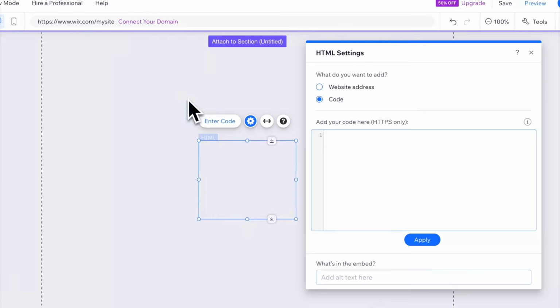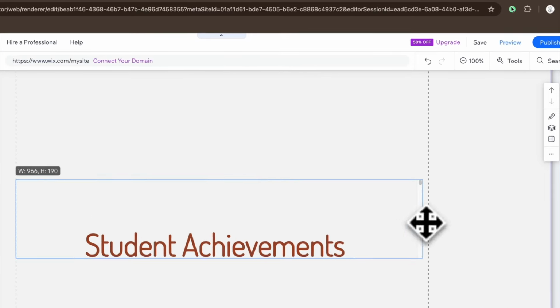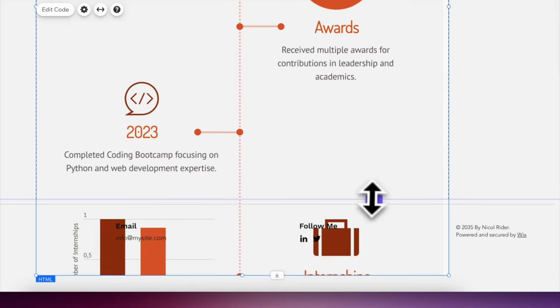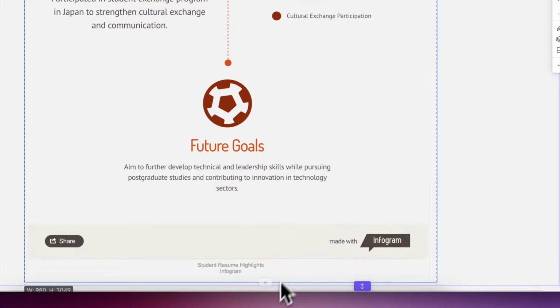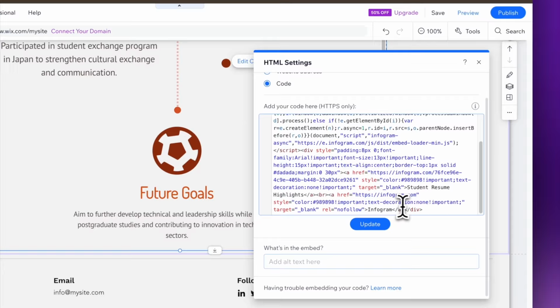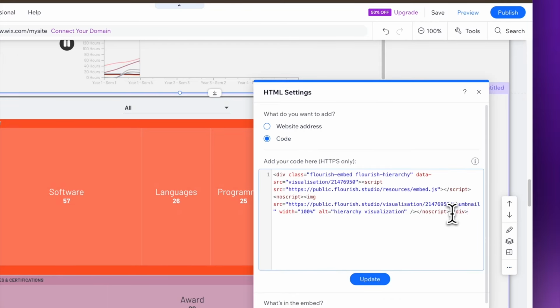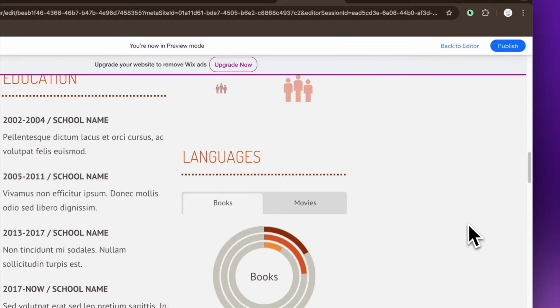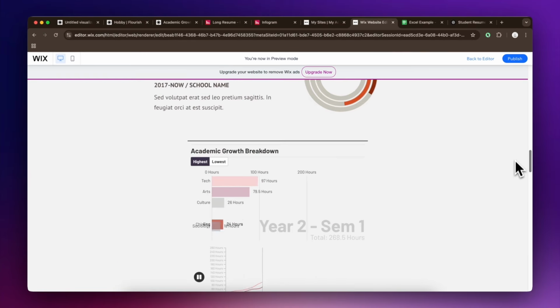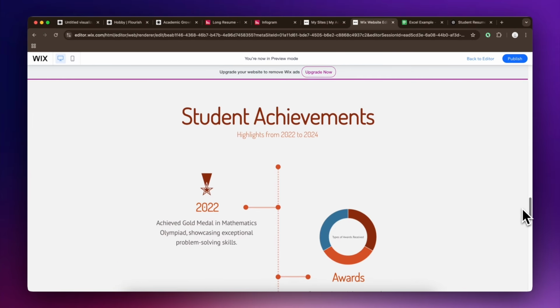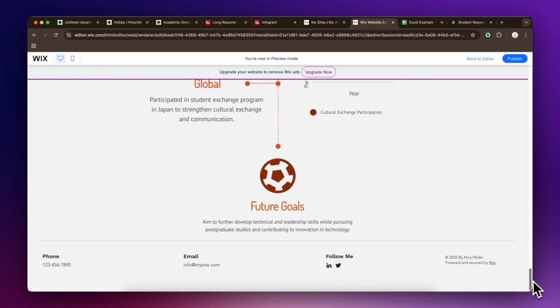Wix offers more functions but also comes with a higher learning curve, making it harder to achieve the exact same results. That's why I prefer creating these elements on other platforms and then importing them into Wix for better efficiency and flexibility, especially for beginners. Now everything is set. Click Preview or Publish, and you'll have a fully interactive and animated personal website to explore.